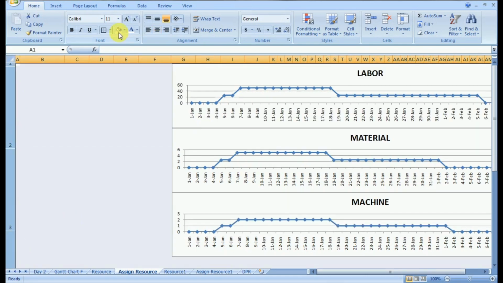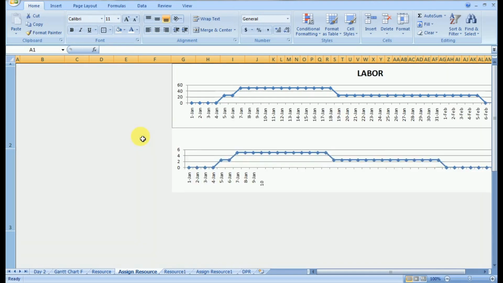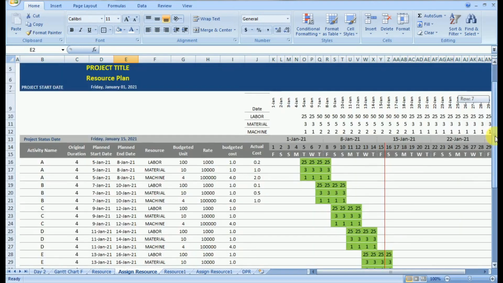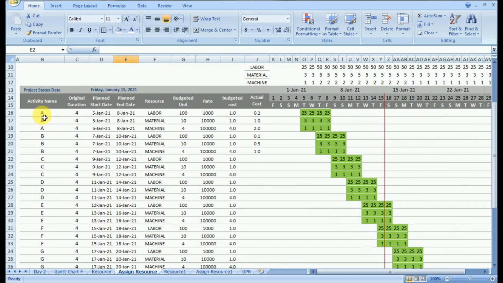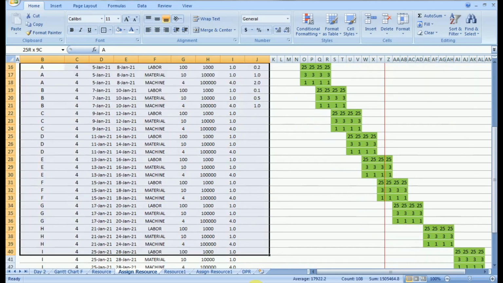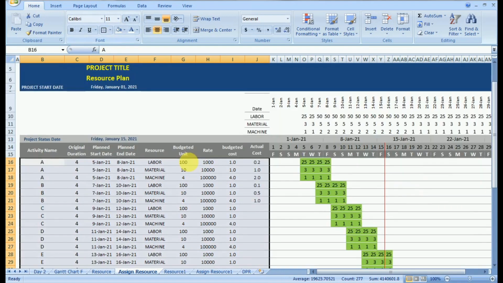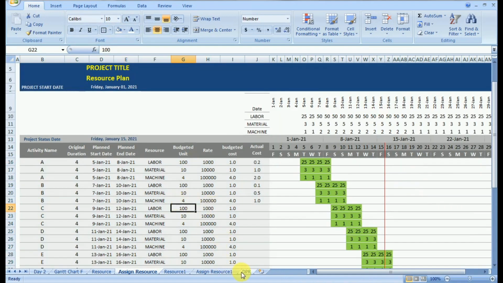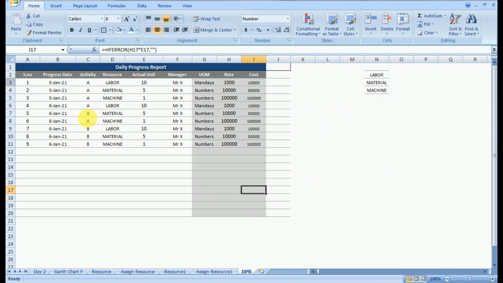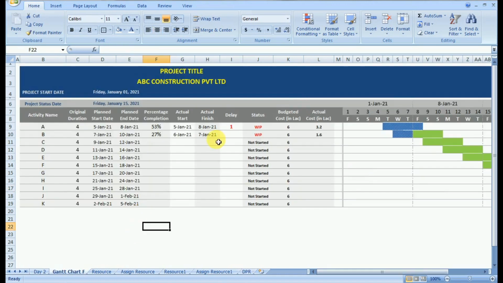In resources, no change is required. Now this is the one time activity we have done. We can use it throughout the year to manage the project. In this resource assignment, there is no value that a user has to enter, recheck or retype. Everything is auto calculated from the DPR sheet, making it very convenient for the user to get the analysis and the desired output by entering the user data, which is very limited.